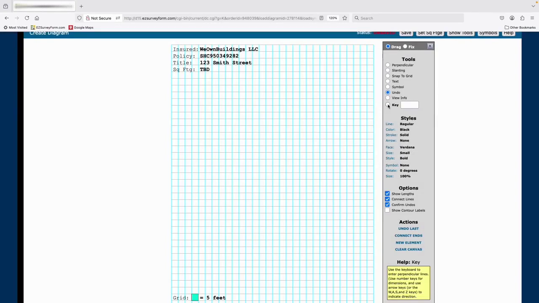The Key tool can be very useful for drawing buildings that have all, or mostly all, perpendicular lines. Select a starting point and type the number of feet in the Key toolbox. Then use the arrows on your keyboard to select the line direction. So in this case, we're hitting the right arrow, the down arrow, and the left arrow. When there is only